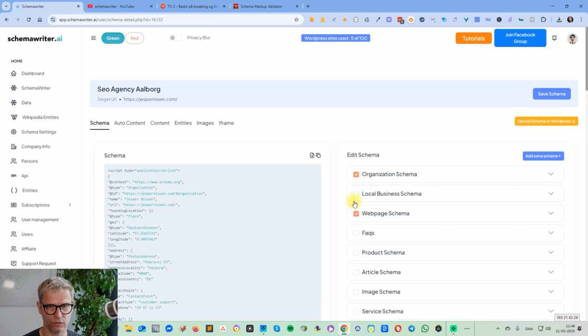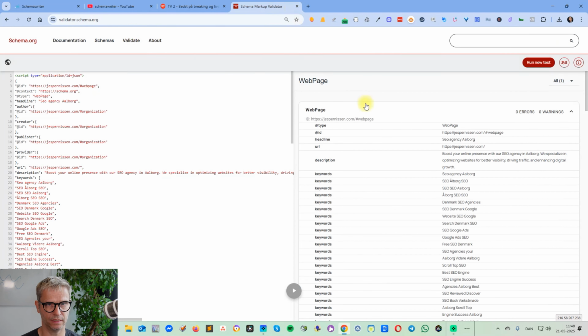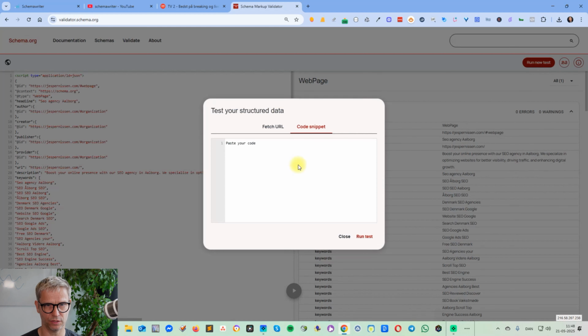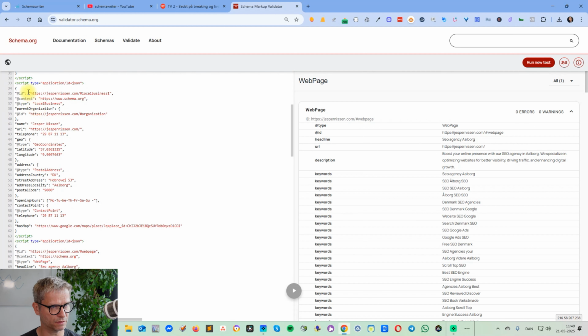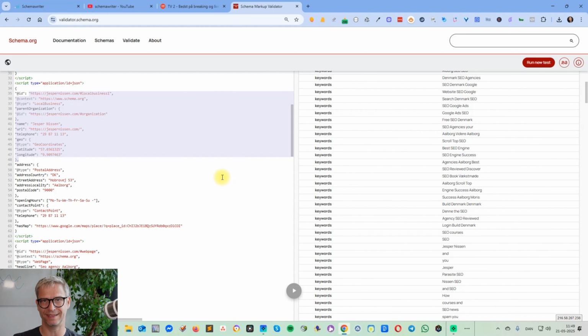If I want to have organization and local business schema, and I click copy, and let's just try to validate again, run new test. What I will see, okay, that was fast. What I will see is that I only still see web page schema, and that's not a bug, but that's because all of the schema is nested. So the organization and local business schema here is included in the web page schema, so it's all nested and